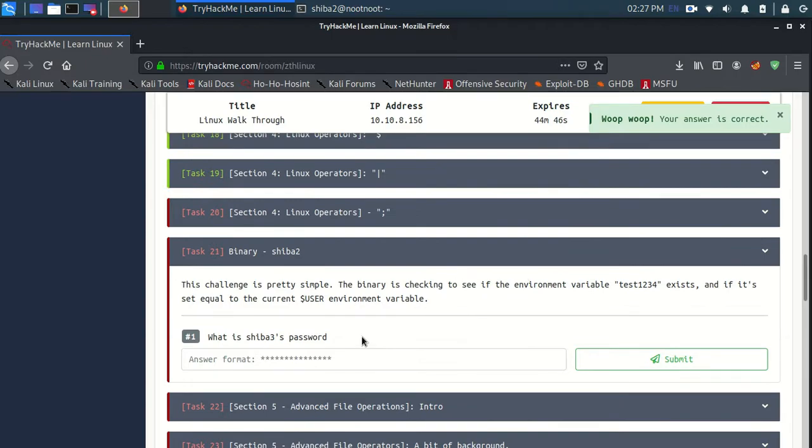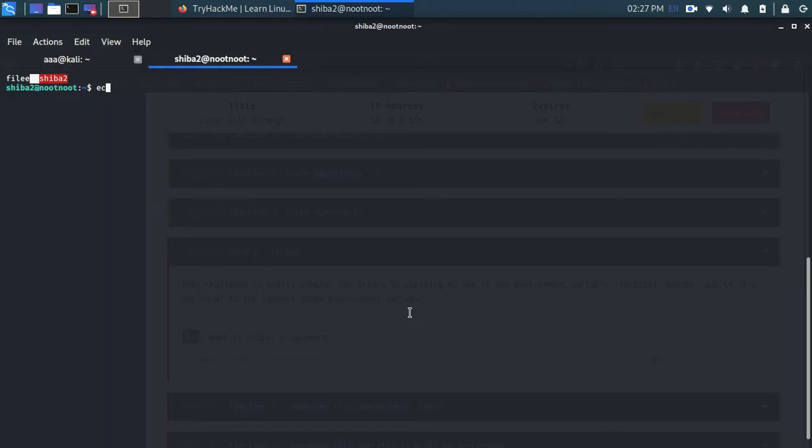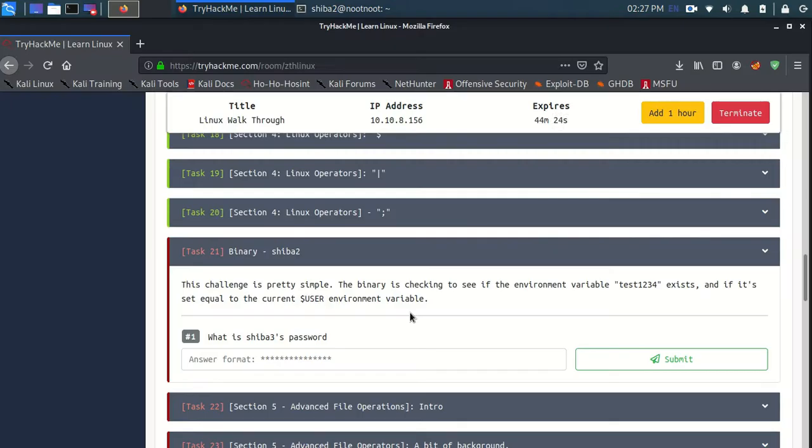Now the challenge is pretty simple. The binary is checking the environment value of a variable, whether this exists, and if it is set equal to the current user environment variable. So let's do echo dollar sign, dollar sign is shift 4, USER.